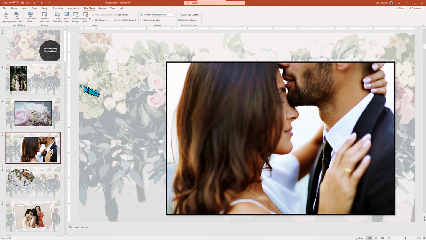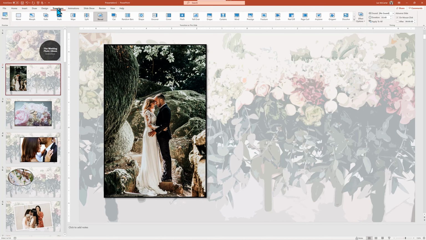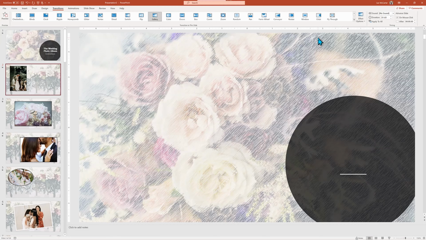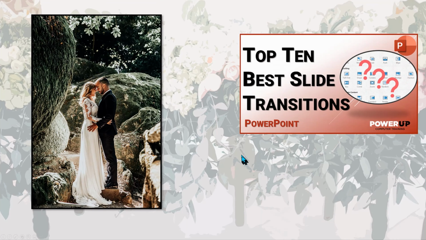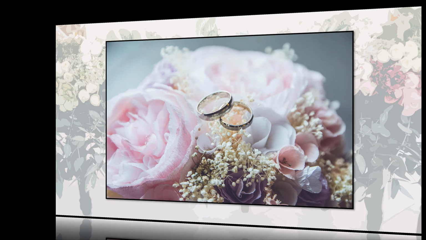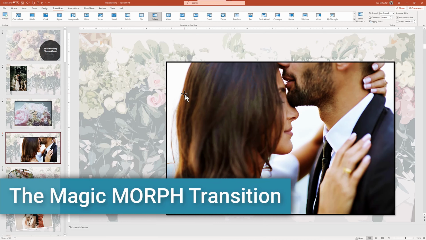But do feel free to experiment with the many other styles of transitions to find out what works with your theme and your mood. Here is the gallery transition that does a more fancy animation moving slides on and off. If you want to take a look at my top 10 favorite transitions, then look for the YouTube tutorial listed above. With all that said, there is one more transition that is superior to the others, but it requires some extra work.